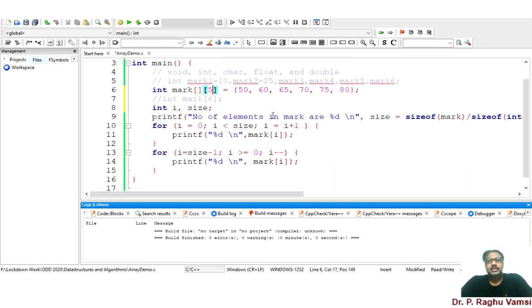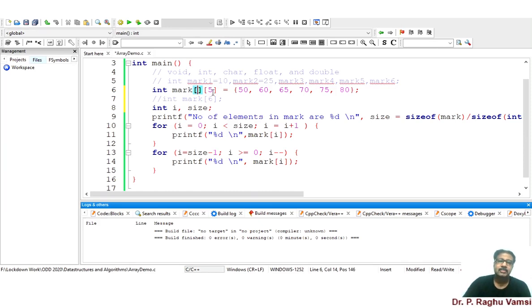In case of single dimension array, at the time of declaration, if you initialize an array, you need not declare the array size. But in case of multi-dimensional array, the first row size may not be declared, because array index will always start from 0. But the maximum size of the array must be declared.